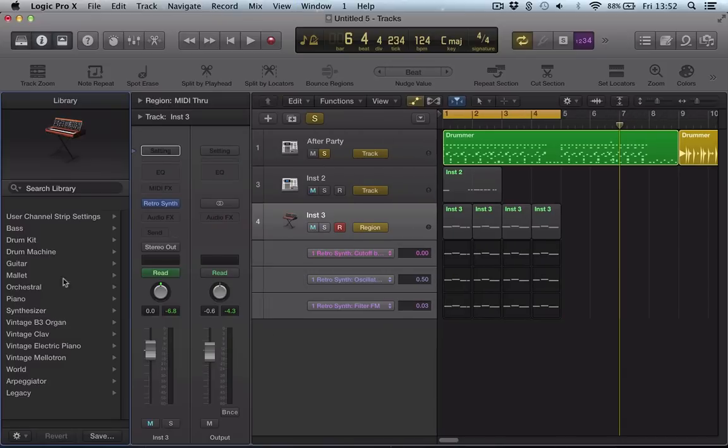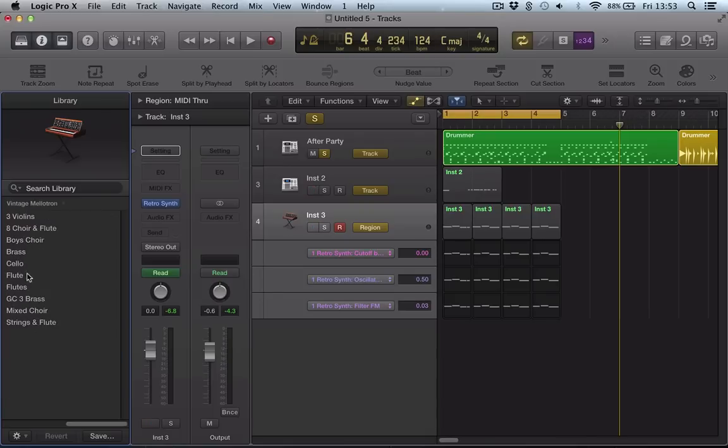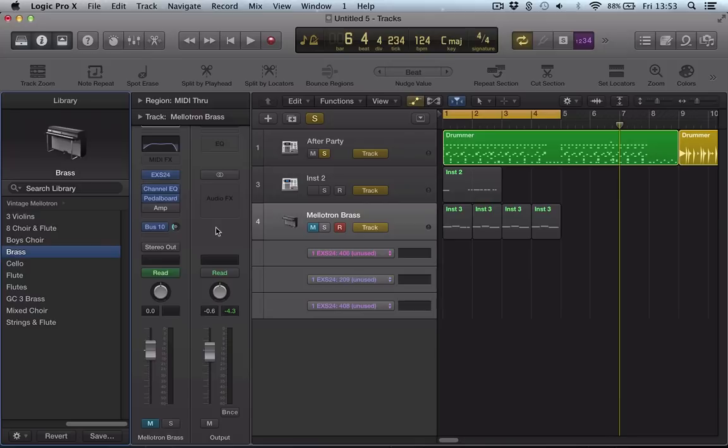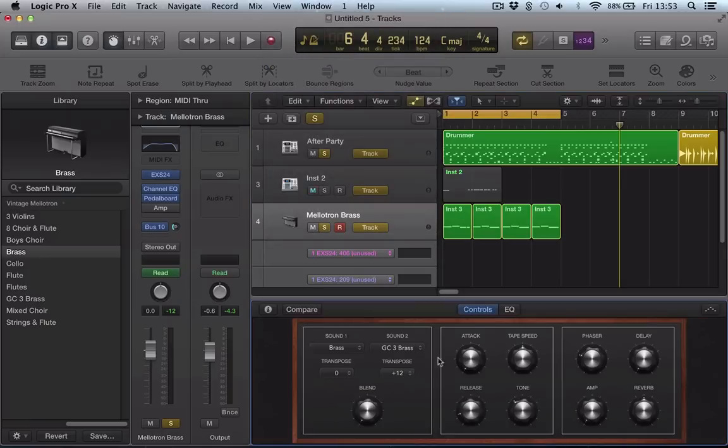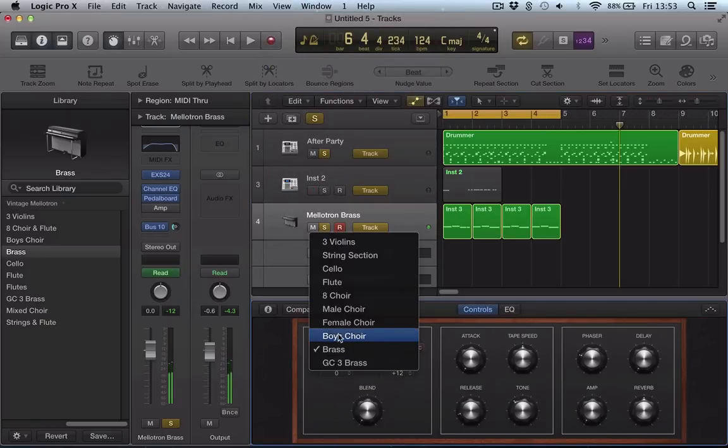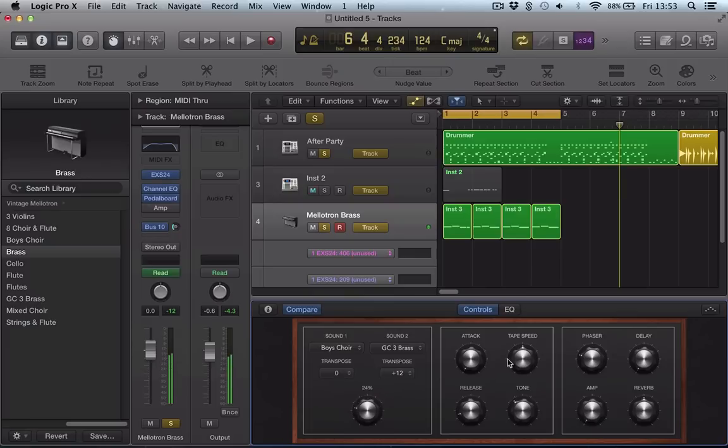So if I open our library and search the library, you've got all your familiar things in here, but you also got this Vintage Mellotron. So you can just load up something like this in here. So load this up. Classic Mellotron sound, and it's just EXS24, so it's samples loaded into the EXS24. But if you wanted to go and use your Smart Controls, you get the interface here, so it's quite nice to play with. And you start messing around with this,